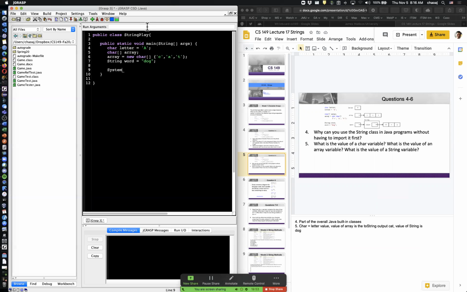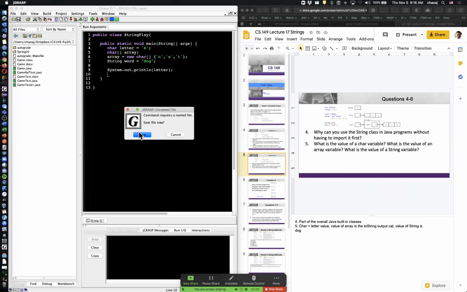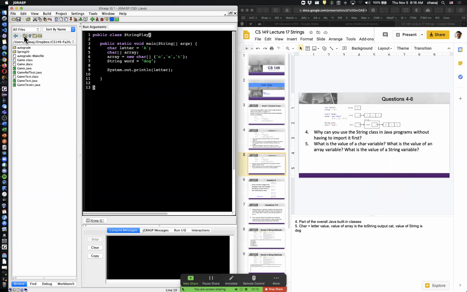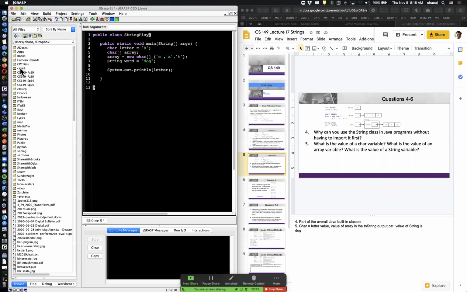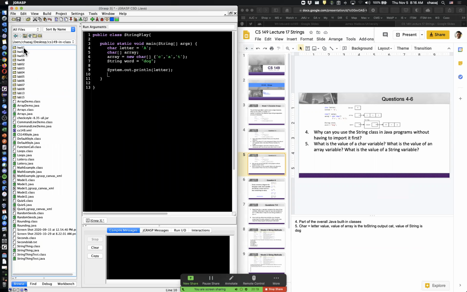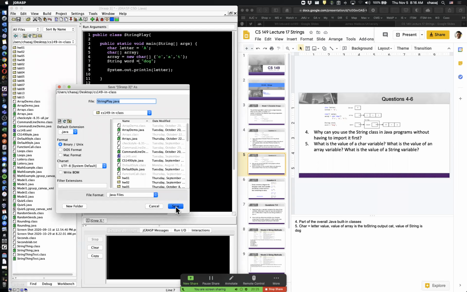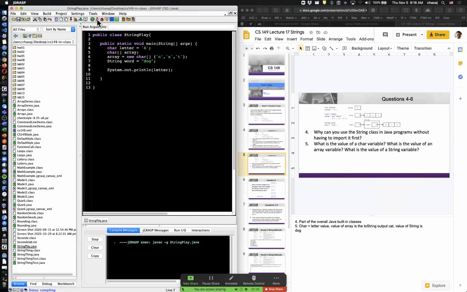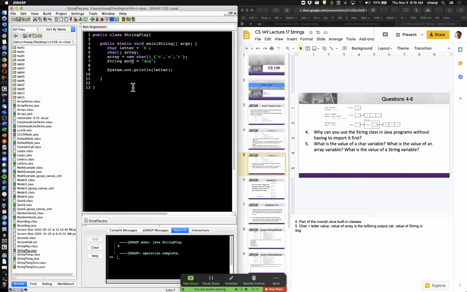So now, what if we print letter? What are we going to get? If we run this, let's save the file. Let's not save it there. Let's save this to desktop. Let's put this in the CS149 folder here. Save this as String.java. Compile it. Run it. And we get the A that we would expect, because that's just a string literal, and